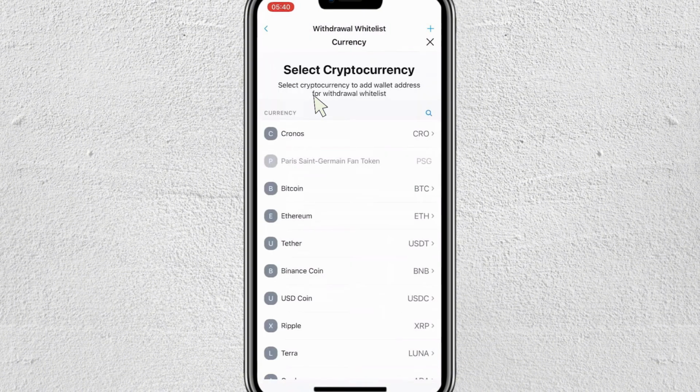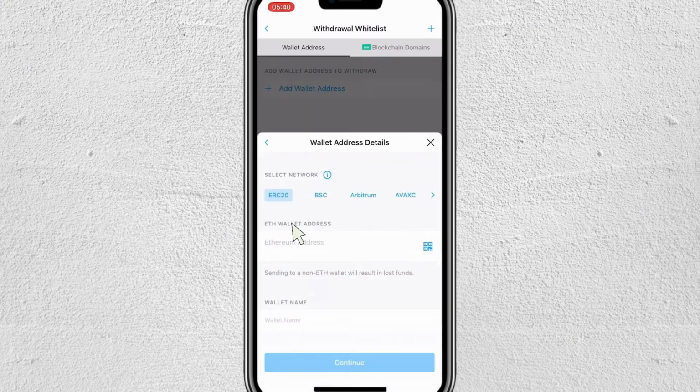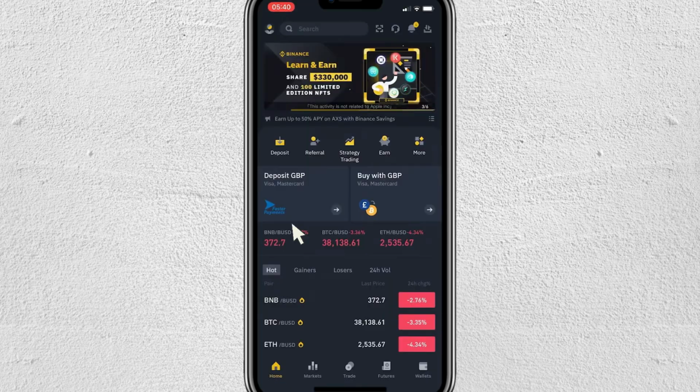And then it's going to ask which type of cryptocurrency you would like to transfer. Now in this video, as an example, I am going to be using Ethereum. So I'm just going to select Ethereum from this list, and now it is going to ask for my Ethereum wallet address. So to find this, I am going to come over to Binance, and once I am here,